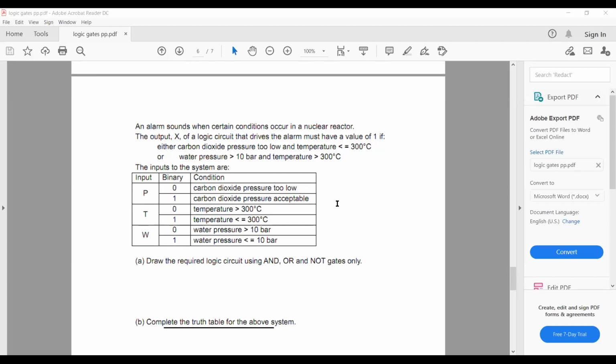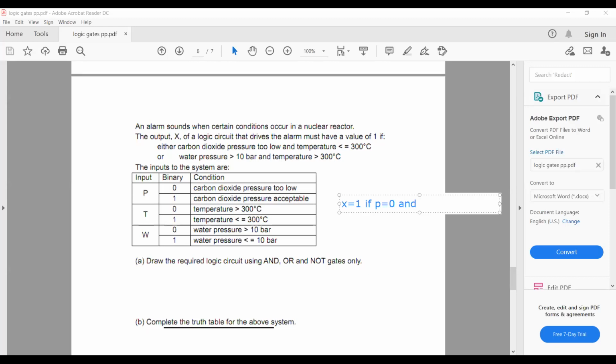So I'm going to type it here. Now the output is X. The alarm will be 1, which means X will be 1 if, either, carbon dioxide pressure too low. Carbon dioxide pressure, now you can see the table. Carbon dioxide pressure too low means carbon dioxide pressure P equals 0. So I am writing P equals 0, and